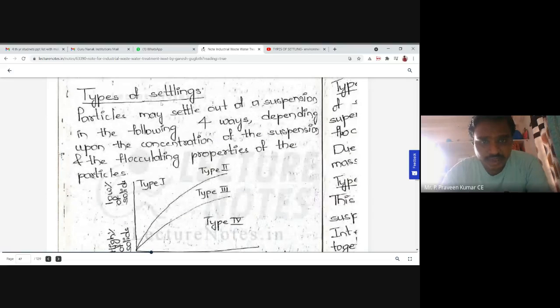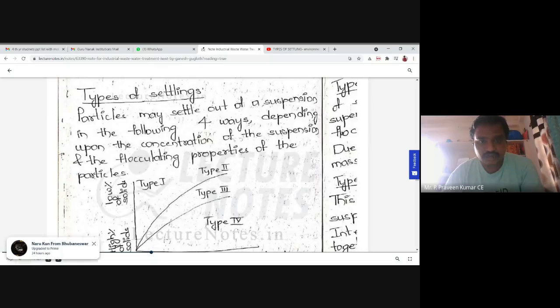Okay, see here, types of settlings. Particles may settle out of a suspension in the following four ways. Okay, these are considered into four different ways due to the suspension. That means due to gravity, the discrete particles will be settled at the bottom of the tank, depending upon the concentration of the suspension and the flocculating properties of the particles. Okay, depending upon the concentration itself. Concentration is nothing but the treating methods. How we are going to treat the wastewater in the preliminary, in the primary, in the secondary. Okay, based on that